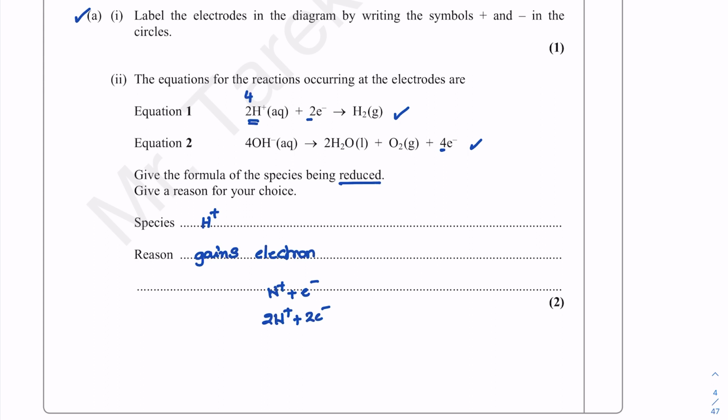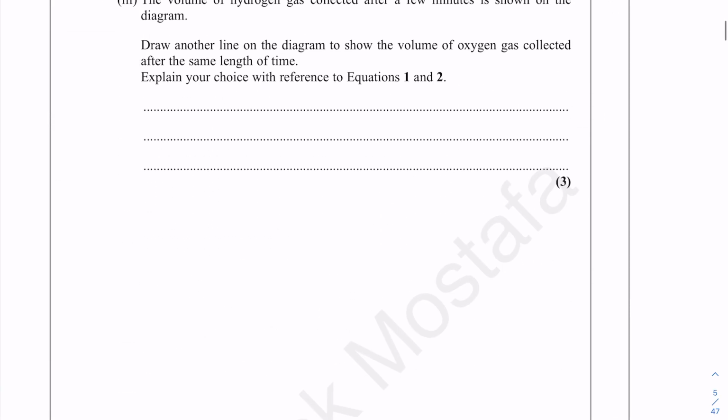If we multiply equation 1 times 2, it becomes 4 H+ plus 4 moles of electrons gives 2 moles of hydrogen gas. So we find that for the same number of electrons, 4 moles of electrons, 2 moles of hydrogen gas are formed at the cathode and 1 mole of oxygen gas is formed at the anode. So for every 4 moles of electrons,